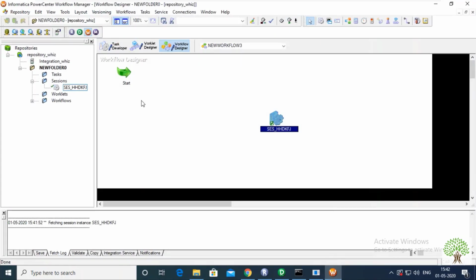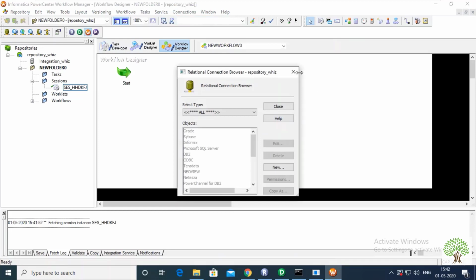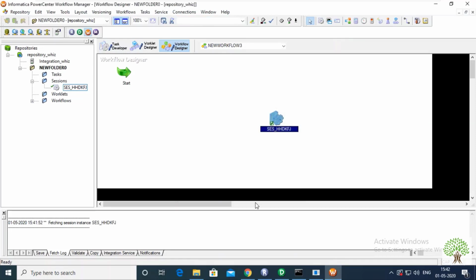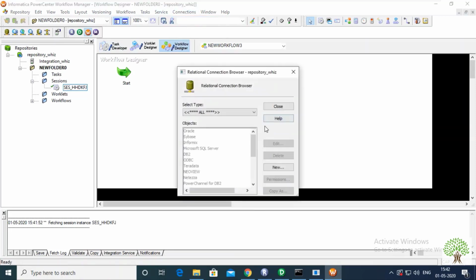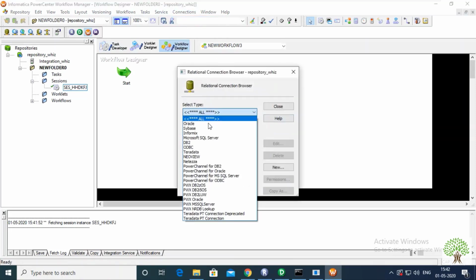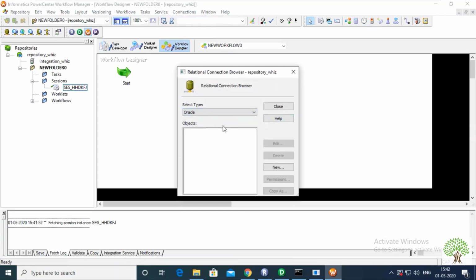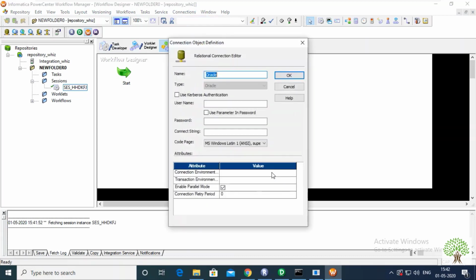So within Workflow Manager, you have to provide the same connection string. For creating a connection string within Workflow Manager, go to connections, go to relational, and go for Oracle, because I want to create a connection string for the Oracle database.